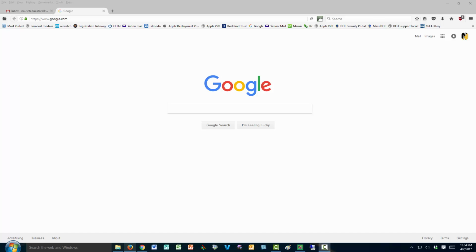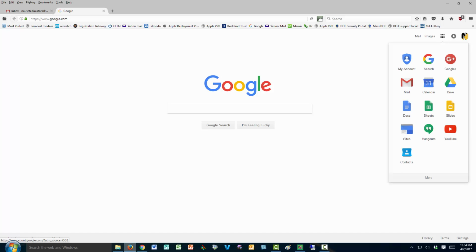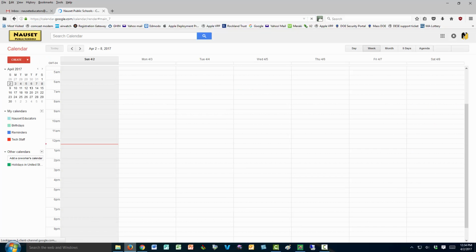So how do you create these appointment slots? They're pretty simple. First, you need to log into your account and select your calendar. You can do that through the Google Apps icon, or in your browser, type in calendar.google.com. Once there, you want to make sure that you are either on the day or week view screen for your calendar appearance. So the first thing you might do is actually click on the time that you want to have